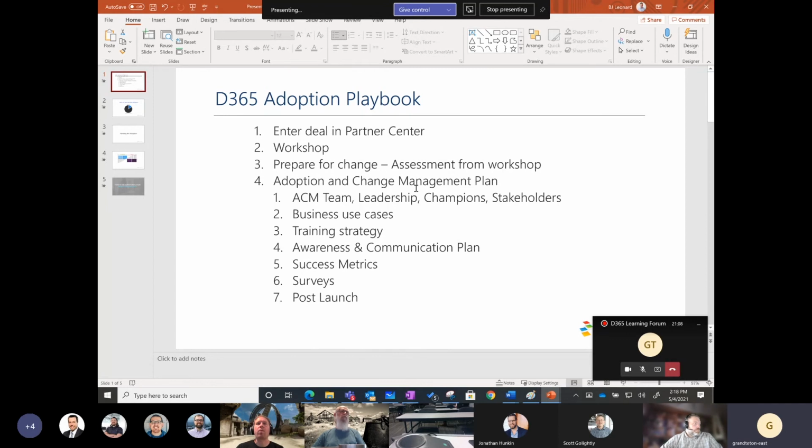But the workshop, that's not to take the place of anything you guys are doing, because you guys do a tremendous job on the discovery and everything as well. The workshop is more focused on the customer leadership and putting together a team for the people side of the project. We'll be focused on things like